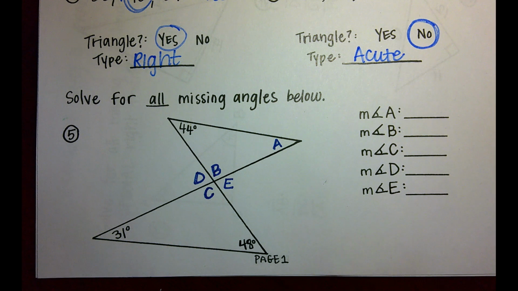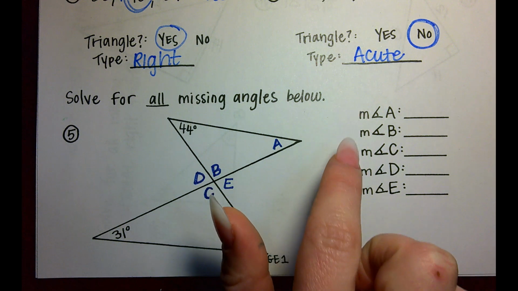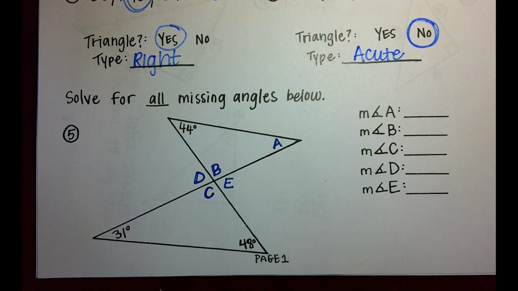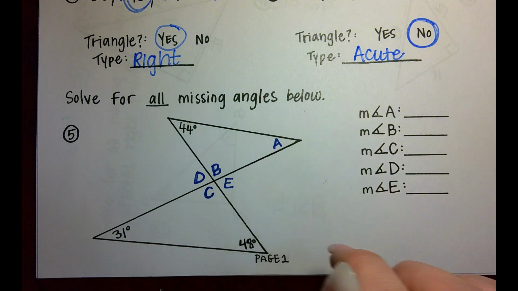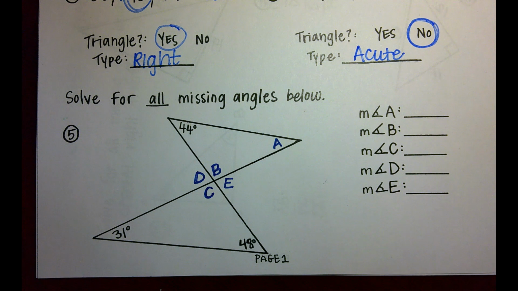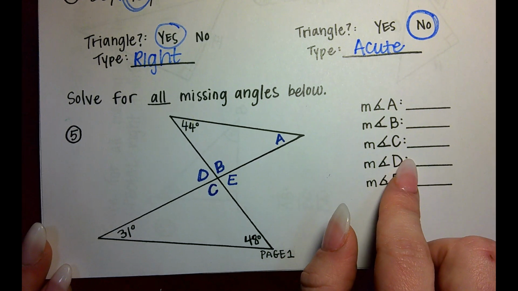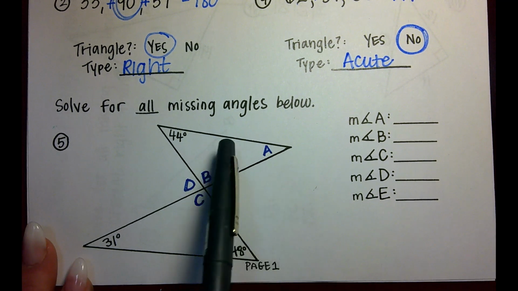You'll have to look and see which angle can I solve for first. And also, I have not been writing this little M in front of our angles until just now, and I realized I did this last term and nobody knew what that meant. This little M just means the measure of angle A, the measure of angle B, the measure of angle C, if you were curious. So looking at number 5,